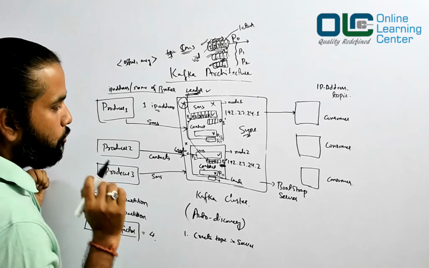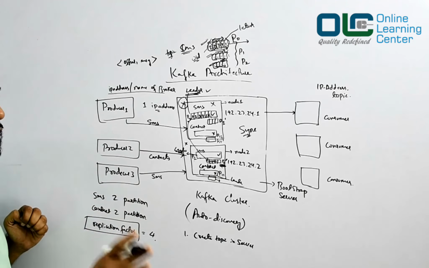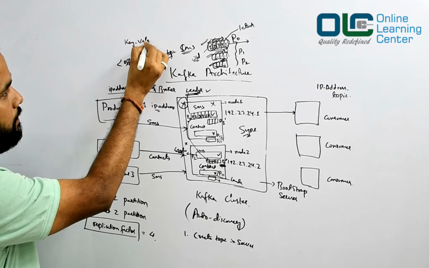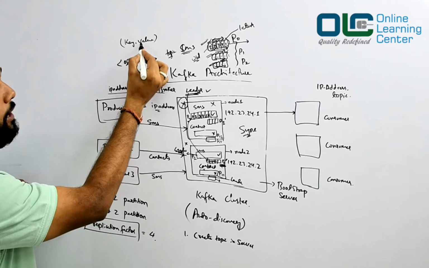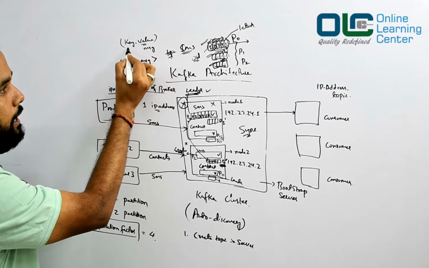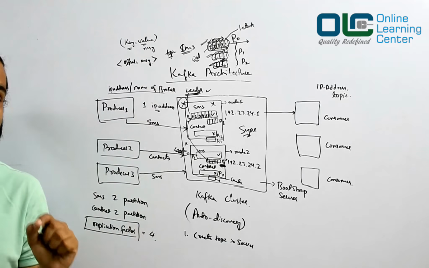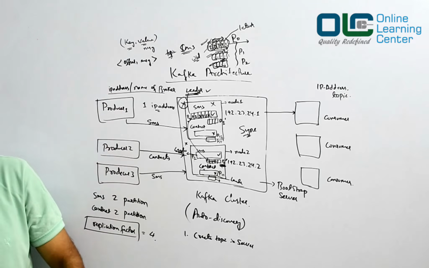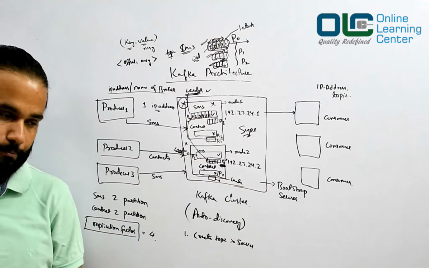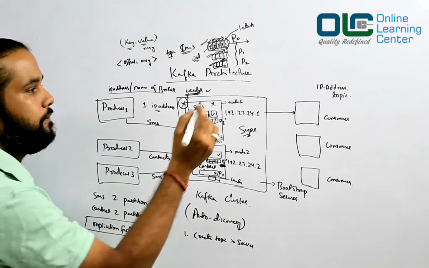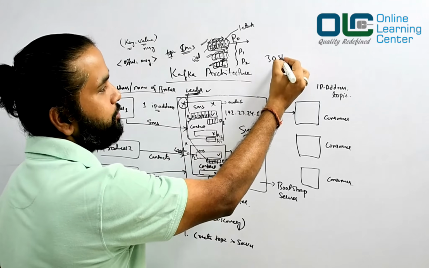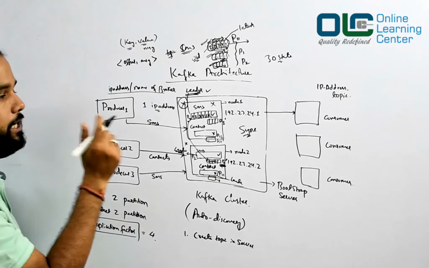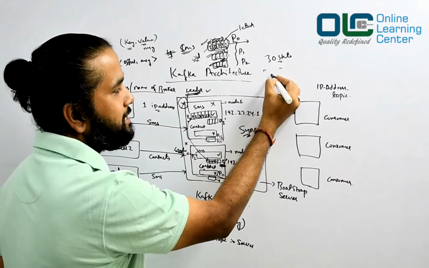Now, whenever you are writing data to Kafka, you can always write the data in a key-value pair format, where the value is the original message and the key can be used to choose the partition number. Internally, some hashing would happen on the key, and based on that the partition is chosen. For example, suppose I have 30 states in India, let's assume, and the key I chose is the state name.